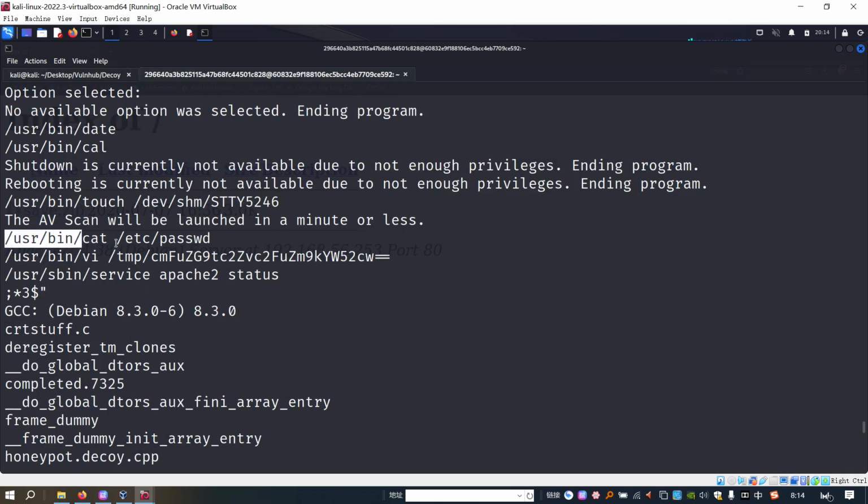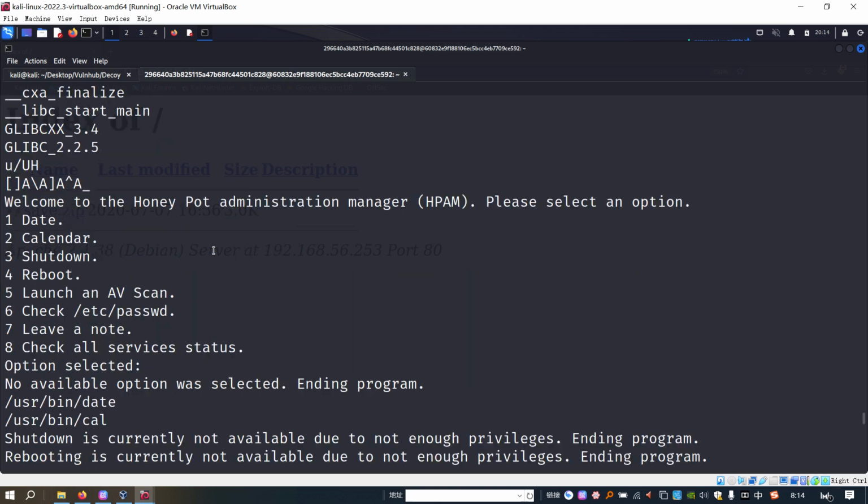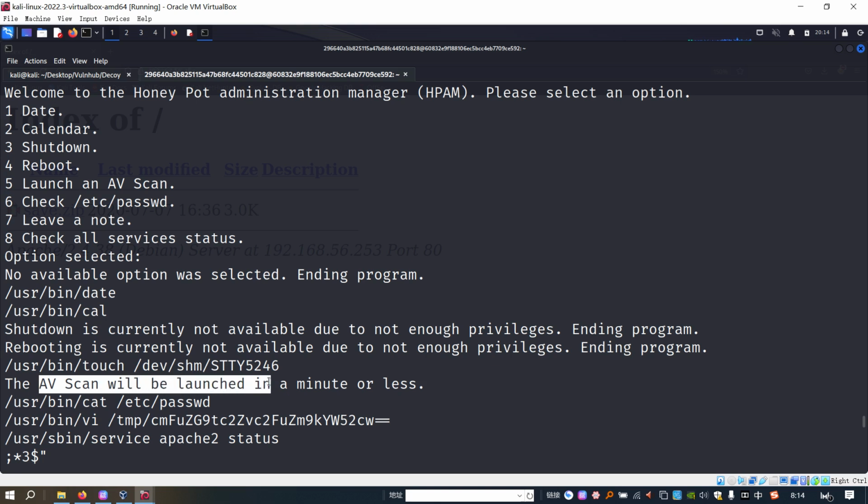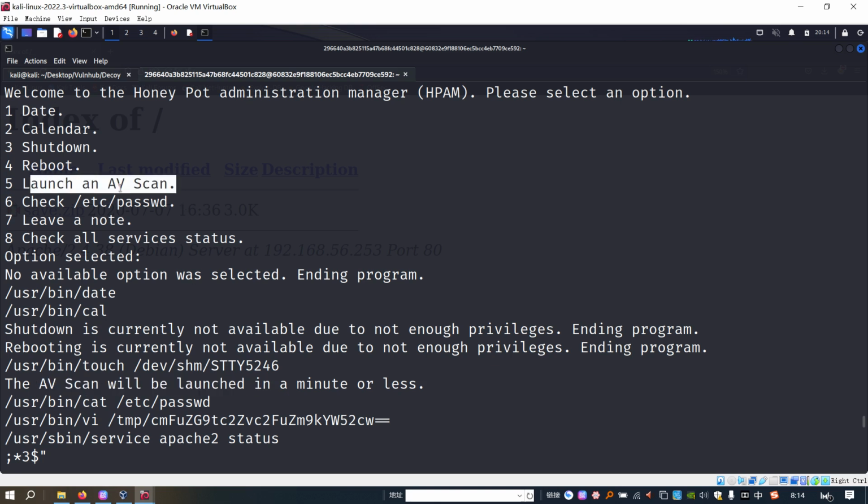Okay, and now we can cat out this executable and scroll up to see whether we can find it. Yeah, as you can see, I think this should match which option. I think it should be this one, and the AV scan would be launched. So maybe this one is the antivirus scan. But unfortunately, the strings output didn't display which kind of command is used by the option file and reboot. So how about reboot?